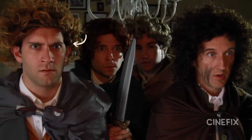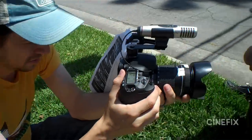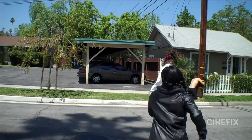And then we've got Gale. So we reached out to Nate, who was on our Lord of the Rings trailer as one of the hobbits. It was a little awkward when we tied him to the telephone pole outside. The neighbors have seen a lot of stuff around here, but having a shirtless dude being whipped outside the house,